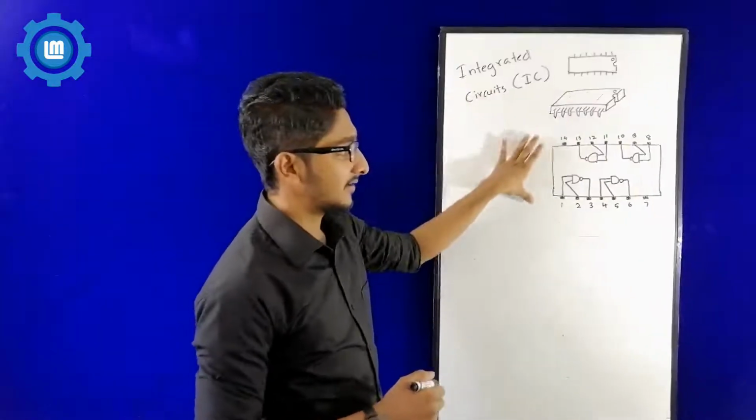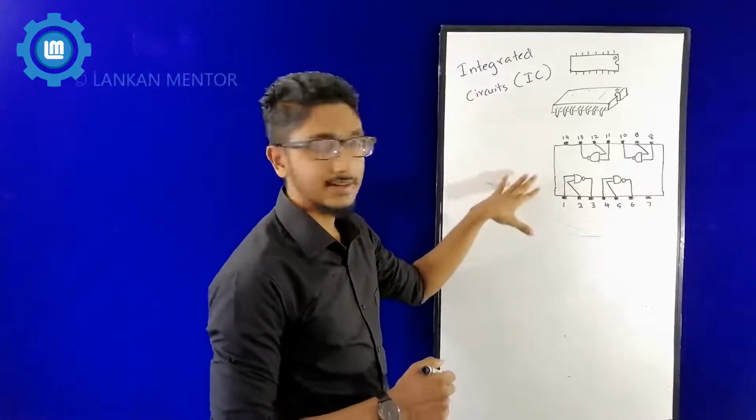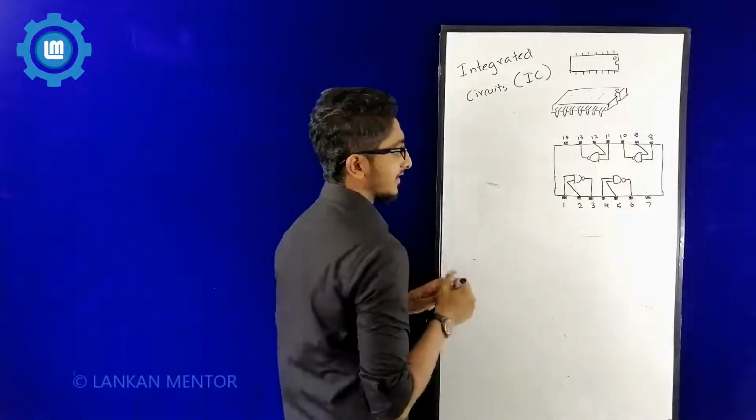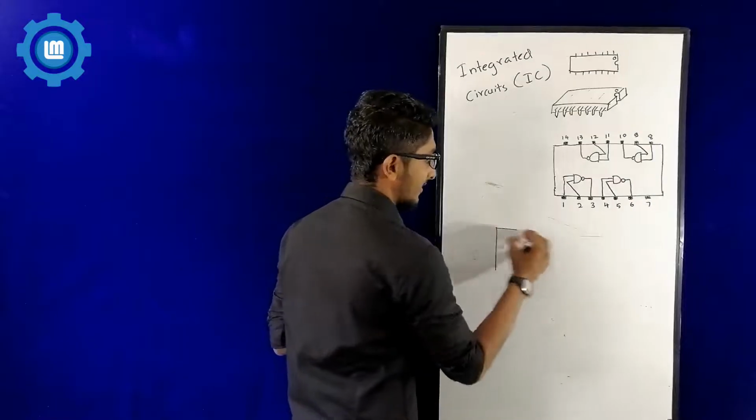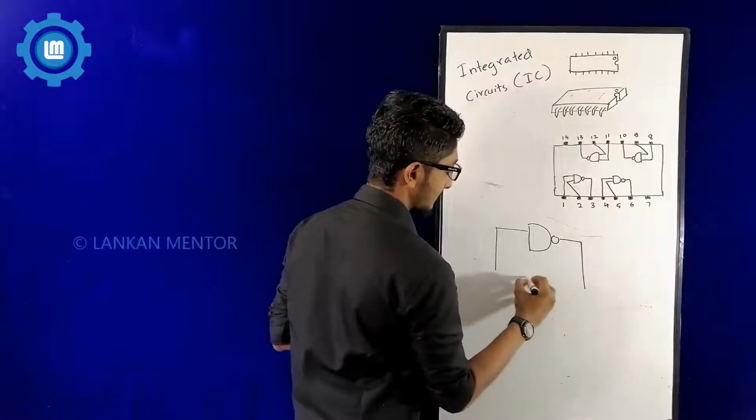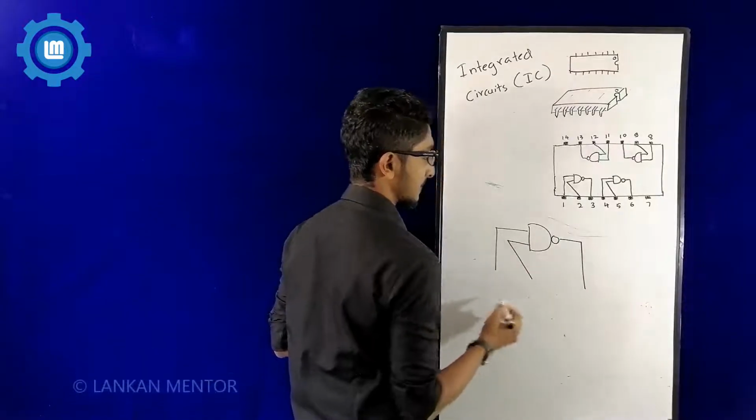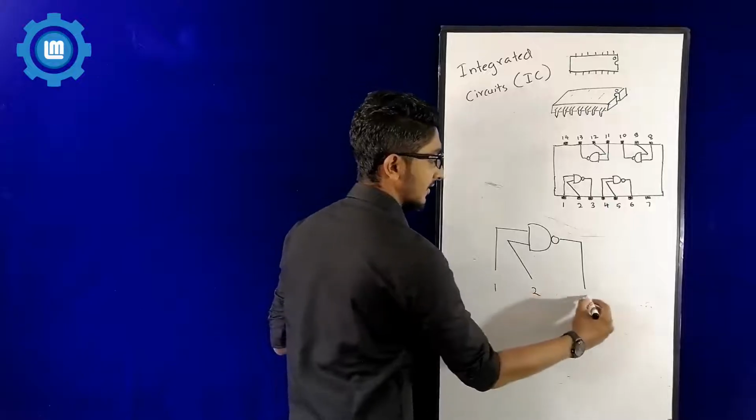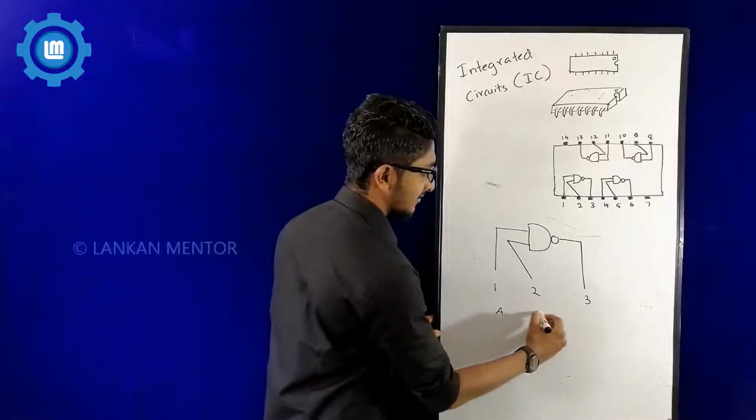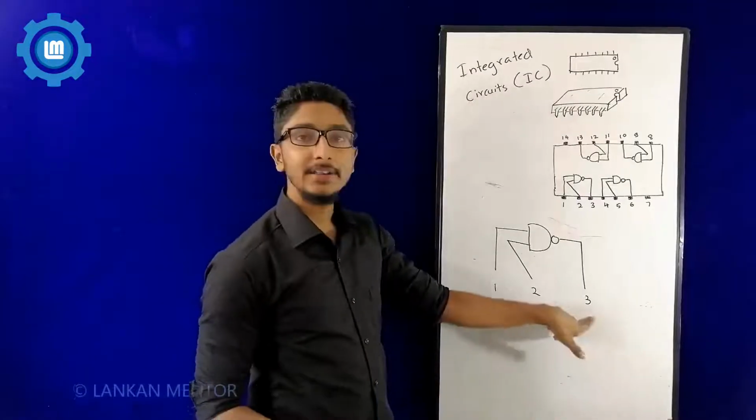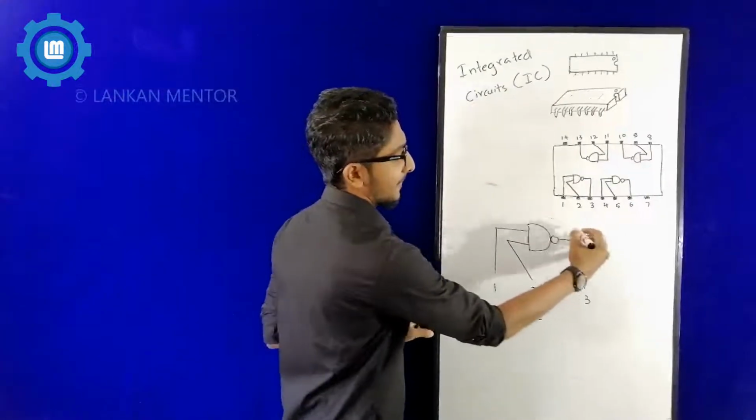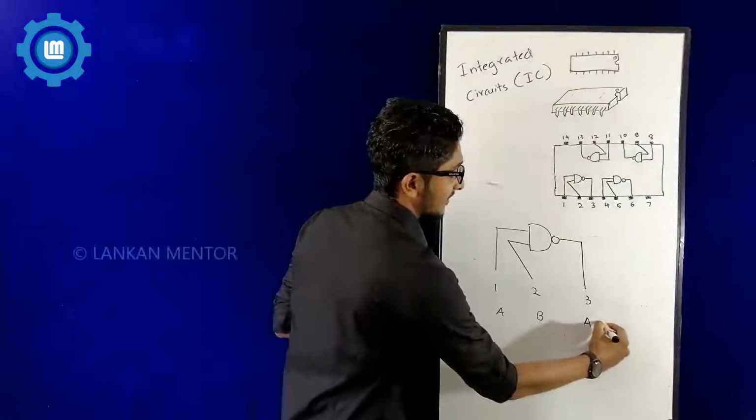Now ICs not only have NAND gates, but this example is about an integrated circuit with NAND gates. See here, I'll take pins number 1, 2, 3. Pin number 1, 2, and 3. Now let's say 1 is A and 2 is B. What would be the answer over here? A and B going through a NAND gate, so it would be A dot B